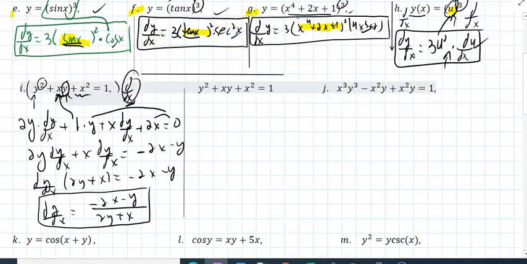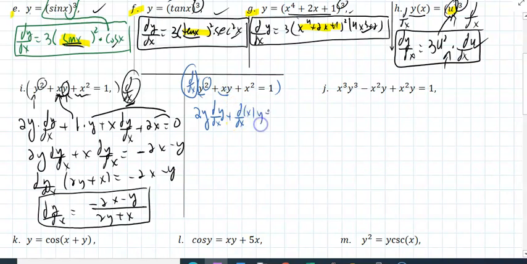Let me fix that. So another way of doing this, so this is the same problem we just did. You could say bring the power down, subtract 1 from the power. So every time I take a derivative of a variable, I pick up a d/dx of that. So bring the power down, subtract 1 from the power times d/dx of the y plus the product rule. Derivative of the first, d/dx of the first times the second plus the first times d/dx of,